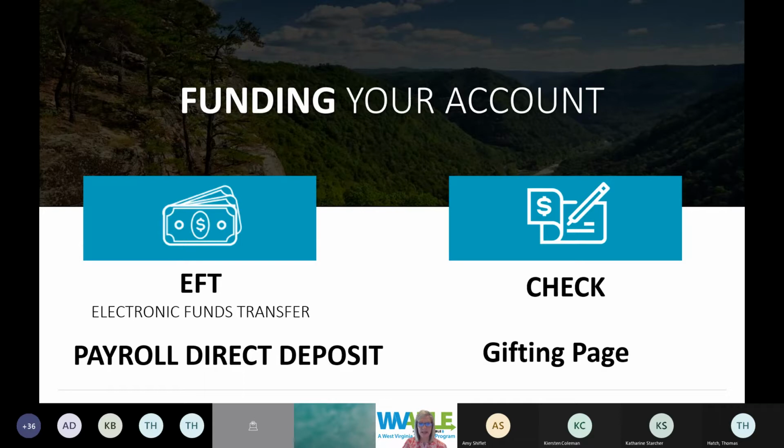And then there's also a gifting page within the online platform. That is another quick and easy way to create a link. You share the link with others, and then once they receive that link, they can make a direct contribution into that Stable account. I want to mention our second workshop in the workshop series was how to use your Stable account. So Tom goes into much more detail about funding the account.